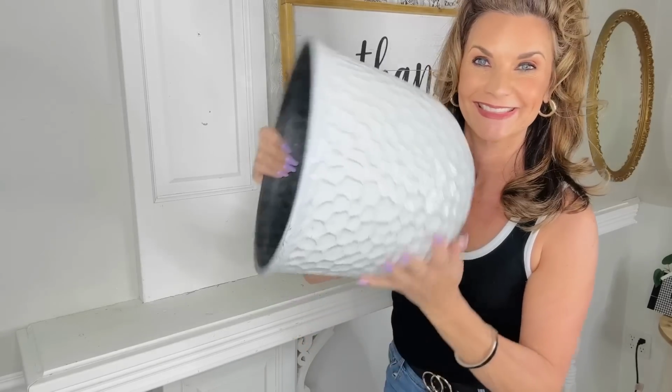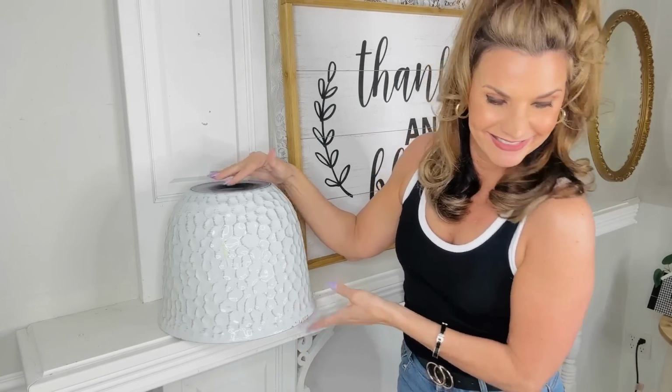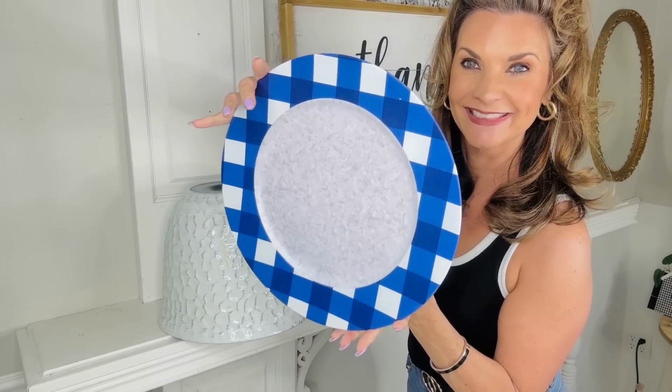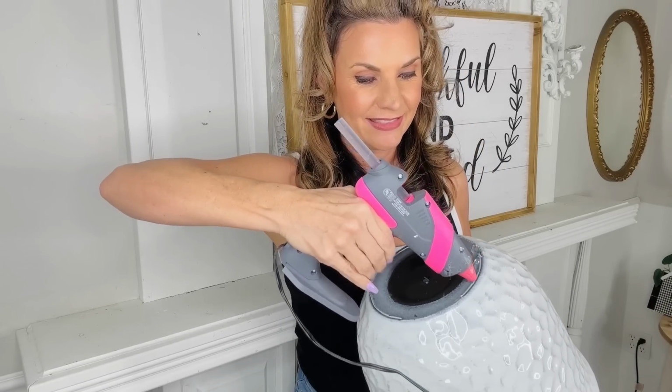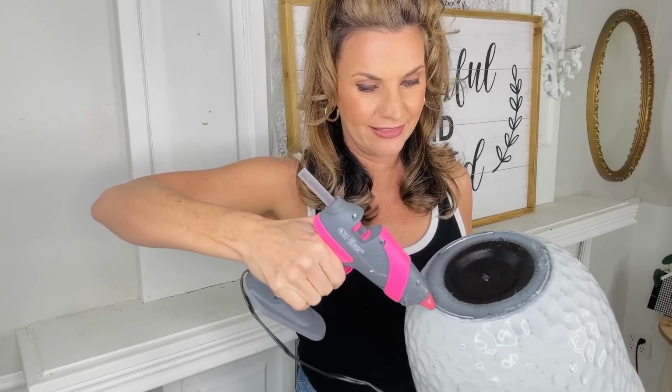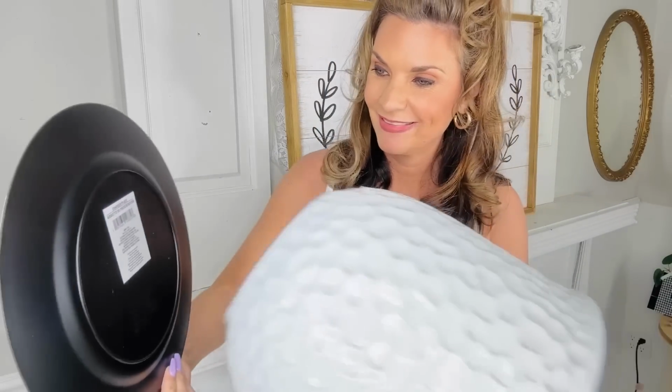Okay, let's create a cute little garden side table using one of these Dollar Tree $5 garden planters and this Dollar Tree charger. In the Dollar Tree Plus section, they have these really pretty little planters. I have a lot of planters already, so I thought, you know what? I need a cute little side table that I can just hold things on or use as a